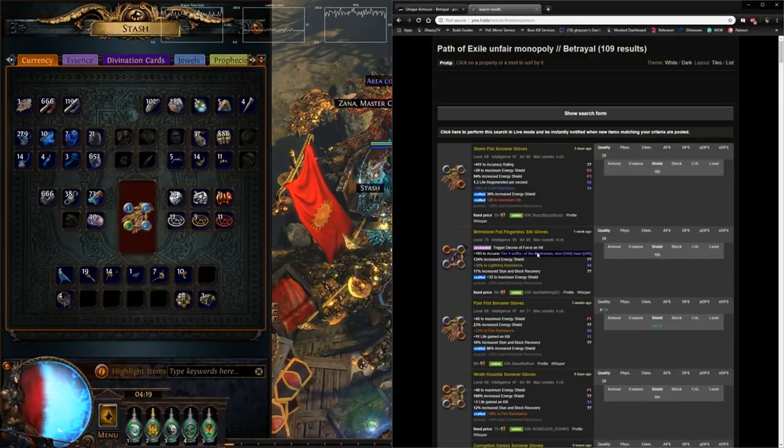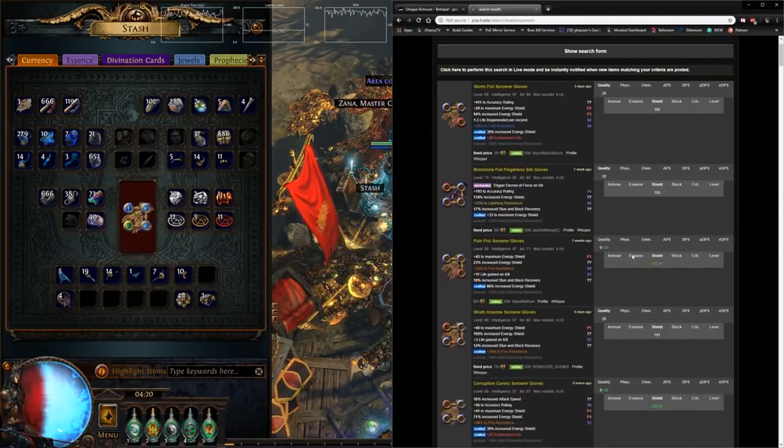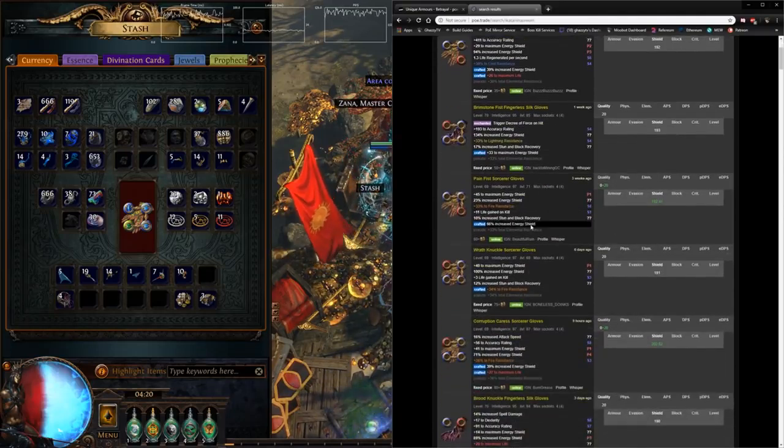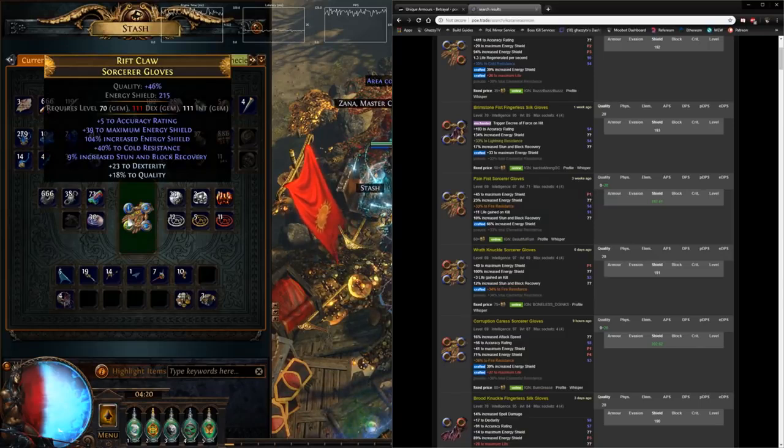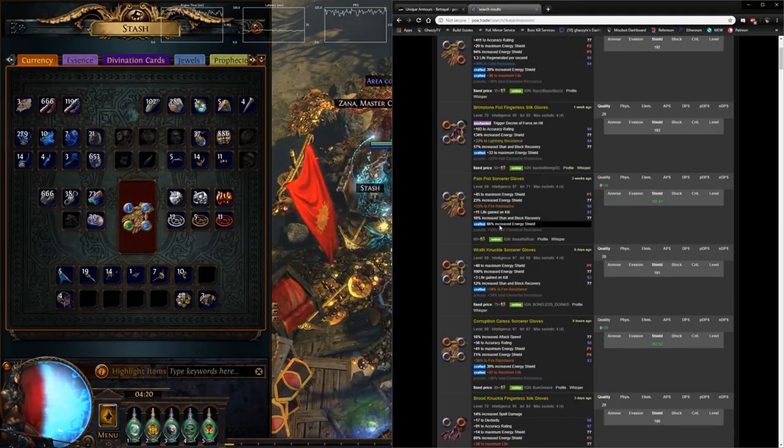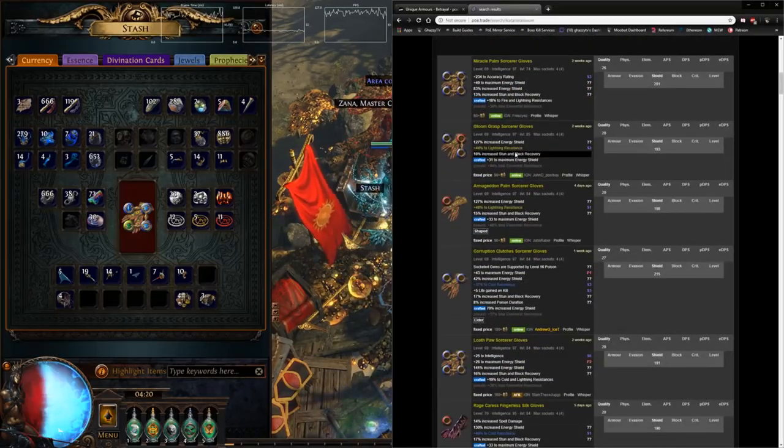The second item here is enchanted. Let's not ignore the enchant for now. It has lower resists than what I have. It also has benched energy shield, still lower than what I have, meaning that my gloves should theoretically be worth more than this. Accuracy is one of those modifiers that only applies to certain melee builds. And if we look further down, we see that this item, same thing here, has a lower amount of resistances. It has a lower energy shield, and it's already benched with energy shield to be able to reach this number in the first place. Let's scroll down a little bit, and we find